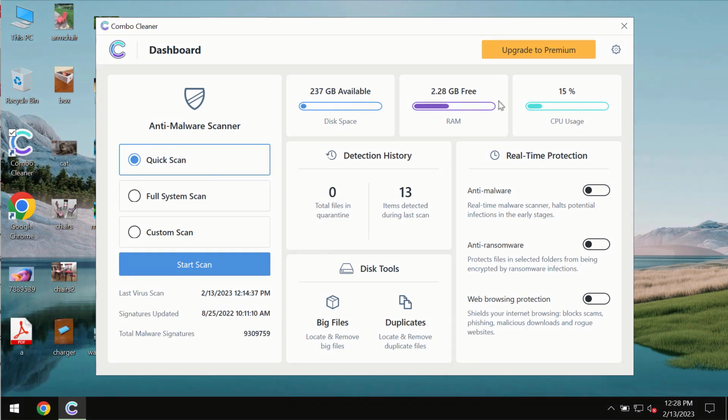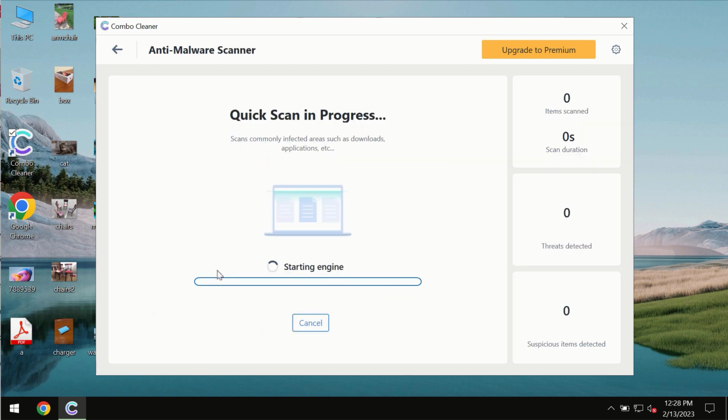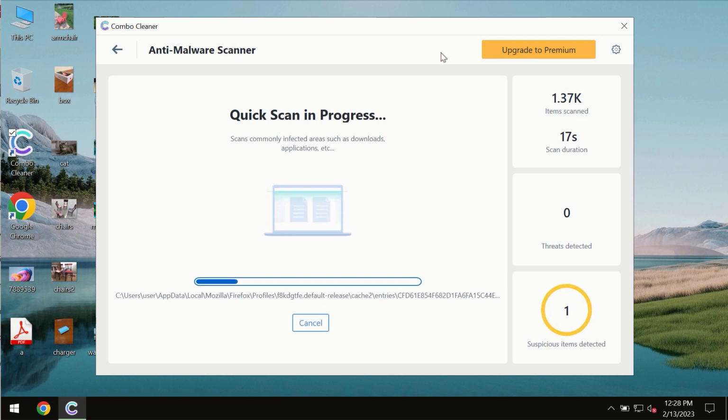After you successfully download and install the software, it will initially be in trial mode. In the trial mode, only the quick scan option is available so far. You need to click on the Start Scan button, and most likely the program will first update its anti-malware database, which is of course essential for proper detection and removal of any malware, ransomware, adware, or other types